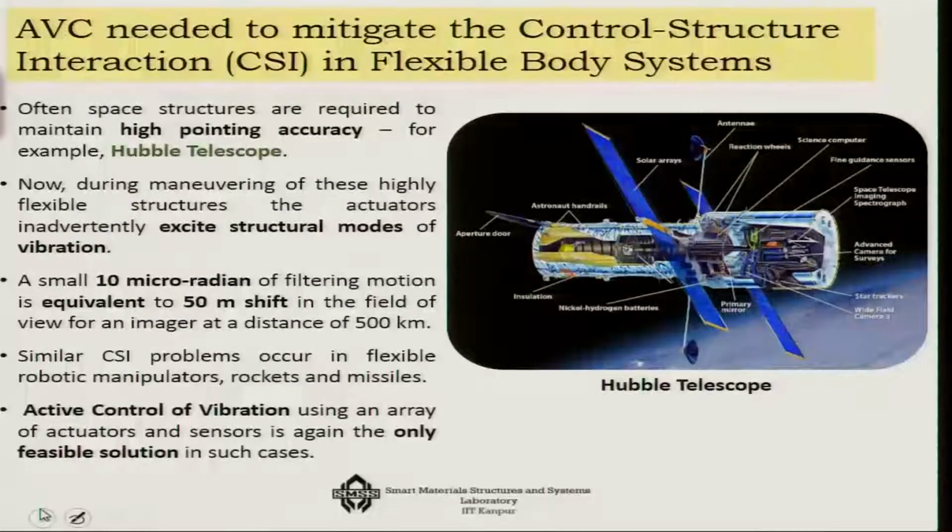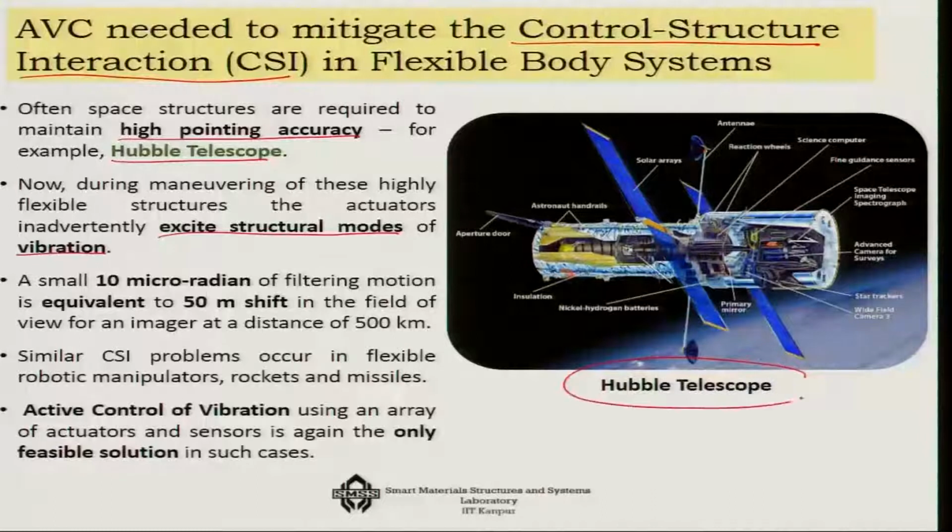There are also some classical problems which we call control structure interaction or CSI, and that is particularly relevant for any flexible body, not necessarily for the International Space Station. One example is where you need a very high pointing accuracy, like in the Hubble telescope. During maneuvering of the Hubble telescope, if you inadvertently excite the structural modes of vibration,